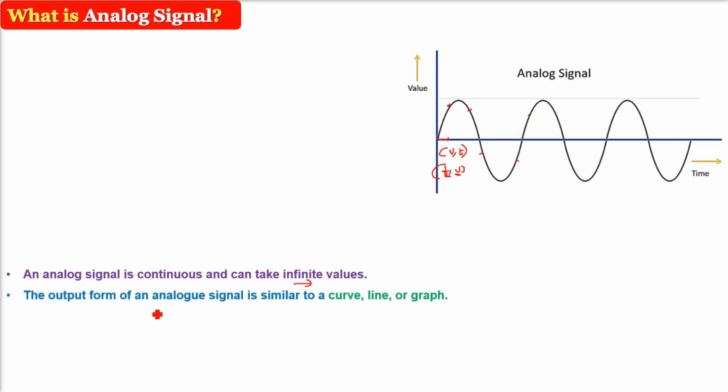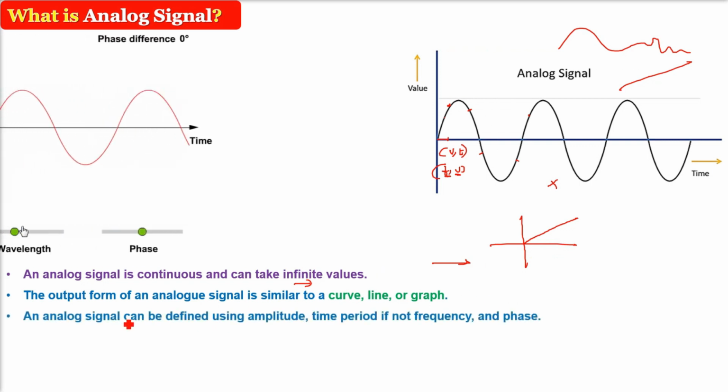The output you generally see in an analog signal is in the form of a sine wave. It is not always. The output form of an analog signal is similar to a curved line. It can be any graph. So it can be a straight line also. Now just imagine you are riding a bike. You start with 0 and reach an average, constant speed. That will be a constant line, a straight line.